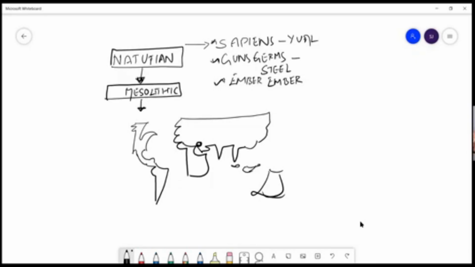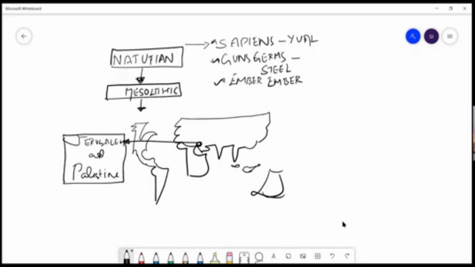It is not the most controversial. Rather, if you see this area, which is the most controversial between Jerusalem and Palestine, this is the most controversial region of this world, and this region is what you would